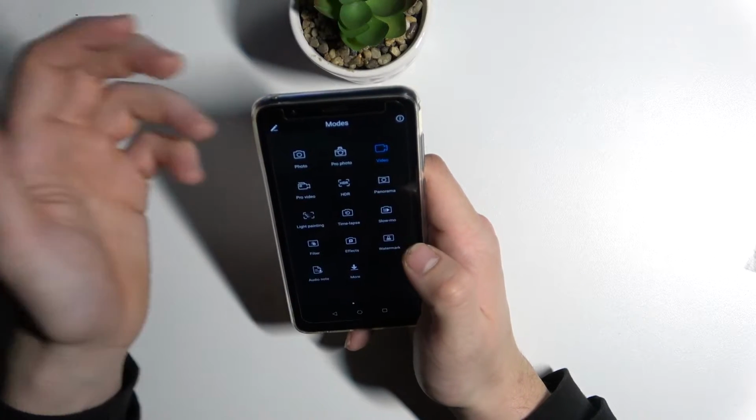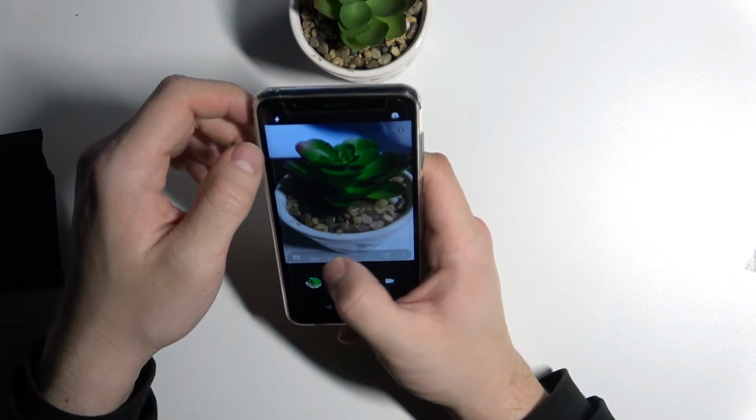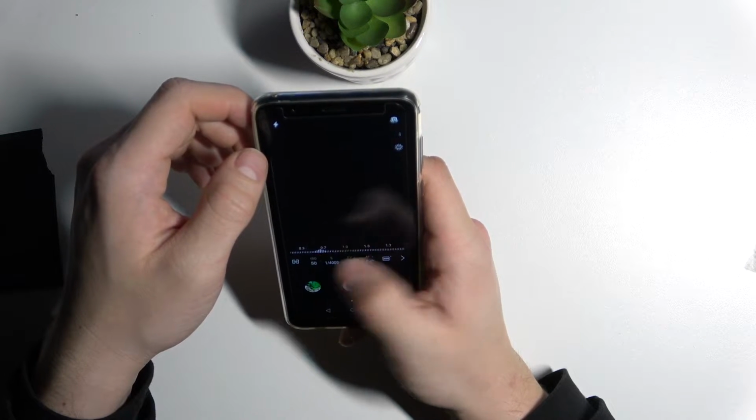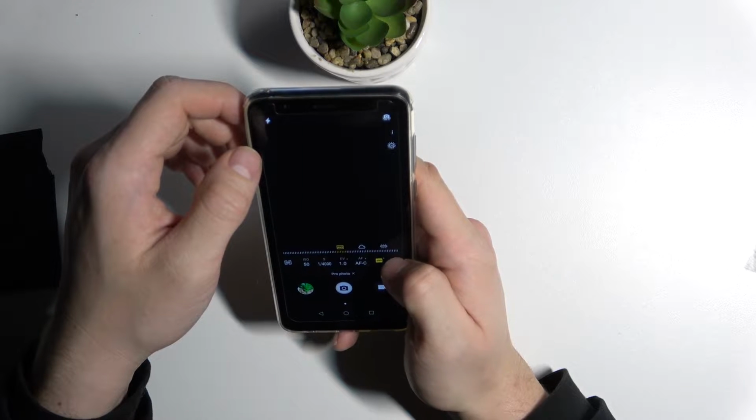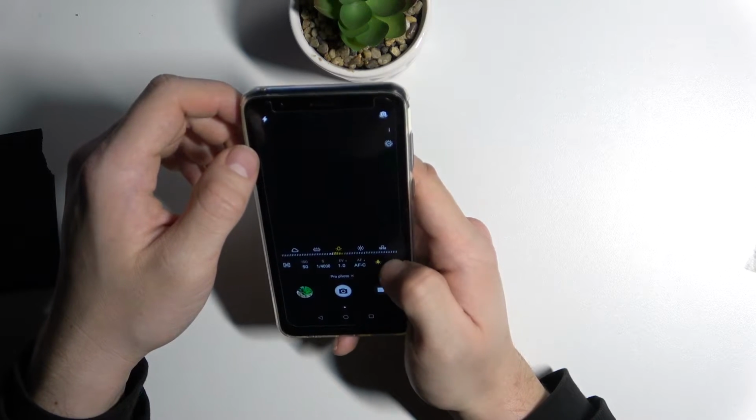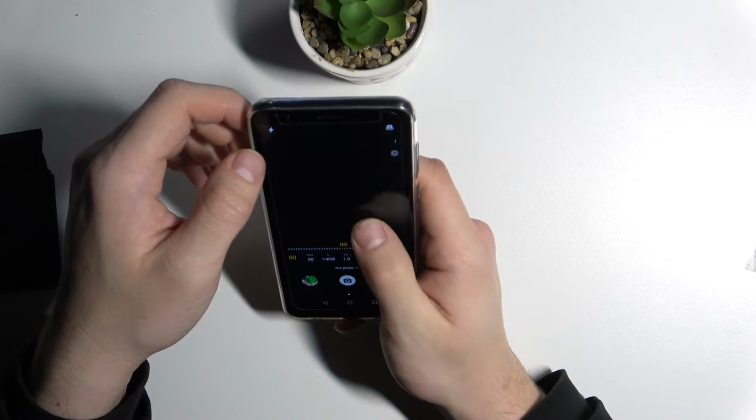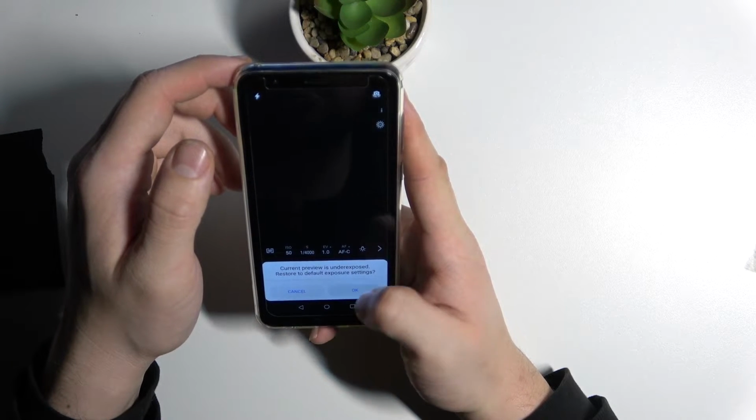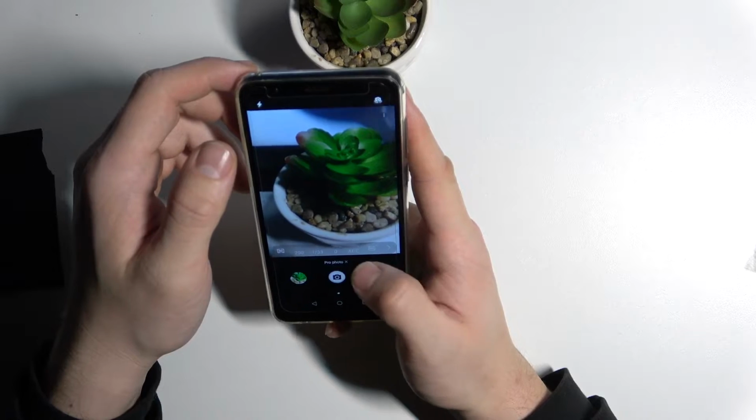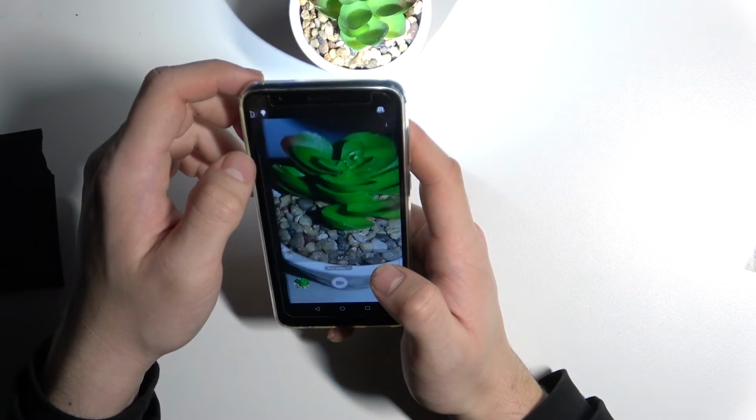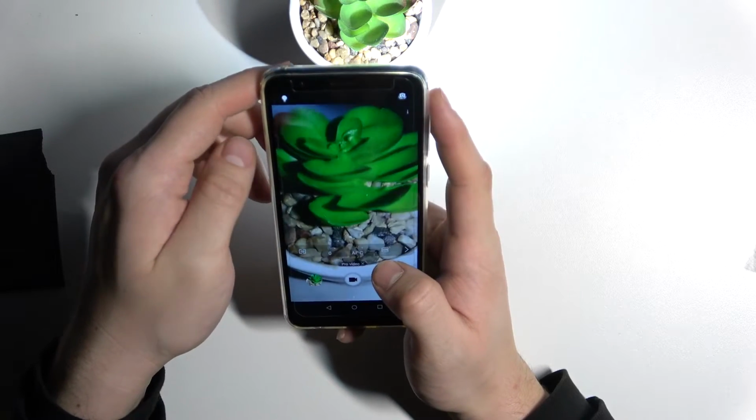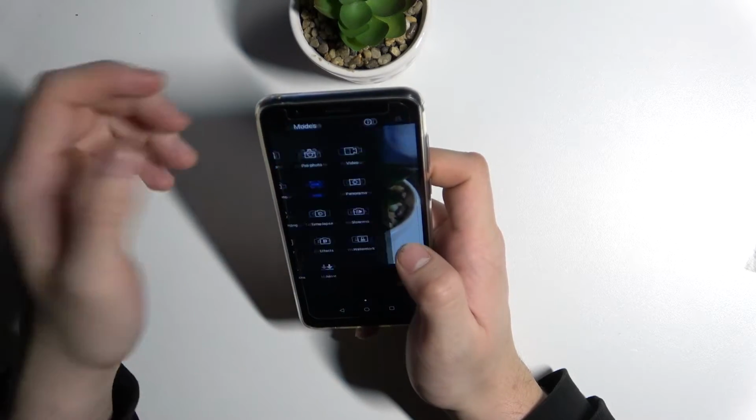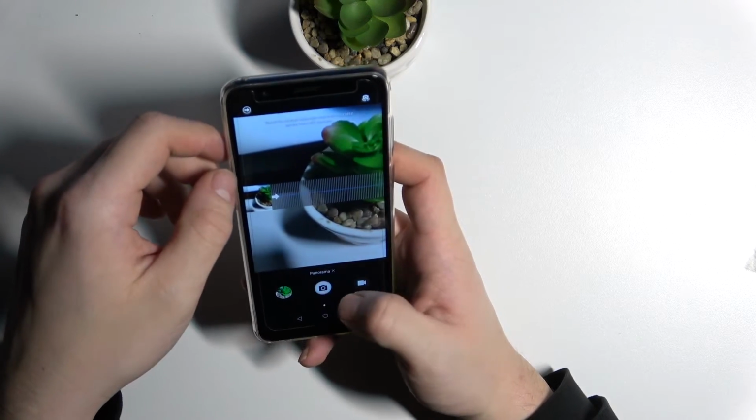If you swipe right, you got access to more modes like Pro mode, with adjustable ISO, shutter, EV, AF, white balance, and that's it. Next, we've got Pro Video, with similar settings like in Pro Photo mode. Then we've got HDR, we can enable Panorama,